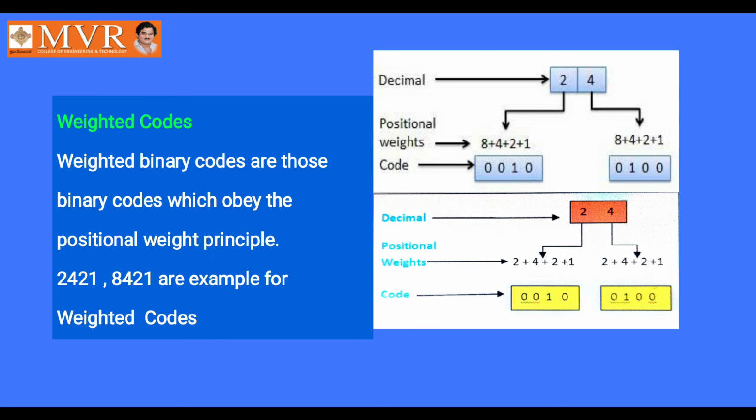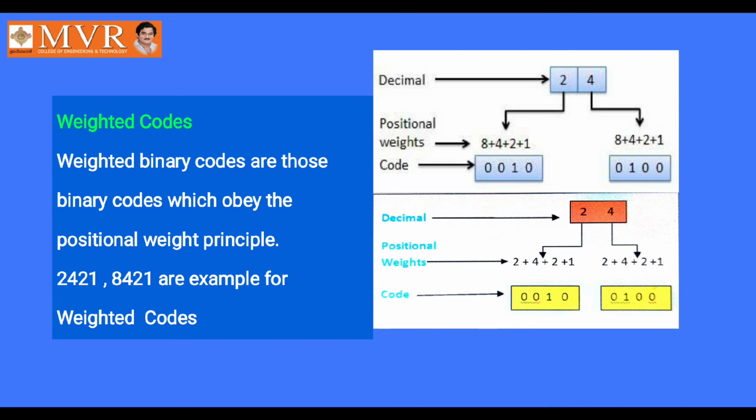Am I correct? But when you allocate zeros and ones, you have to start from the least significant bit to the most significant bit. First, you see the combination from the LSB. If at the first position you can't get the total value, you move to the next one. Then if you get the value of 2, you do not go for the remaining ones. The remaining values can be put as zeros. That's why for the value 2, we have placed the binary 1 in the second position only, but not in the fourth position. Am I correct?